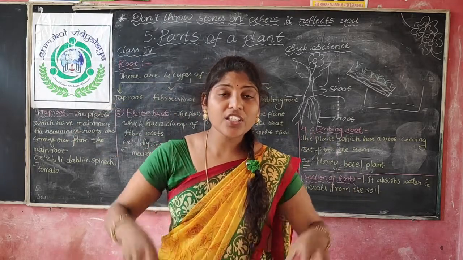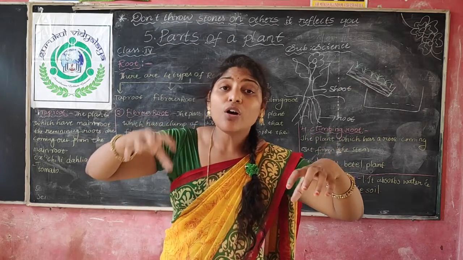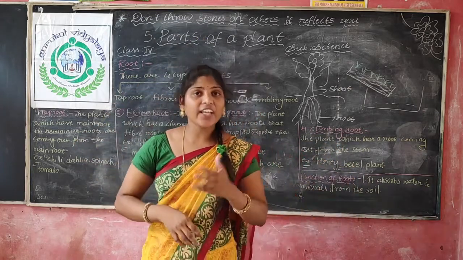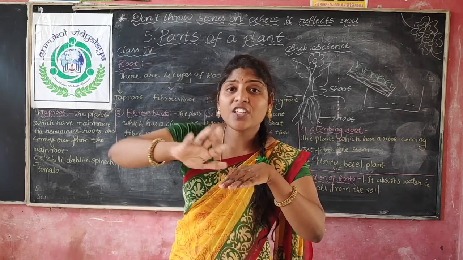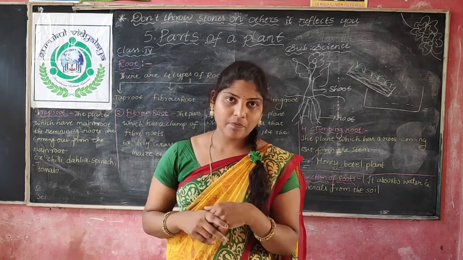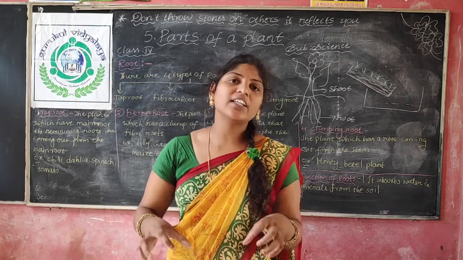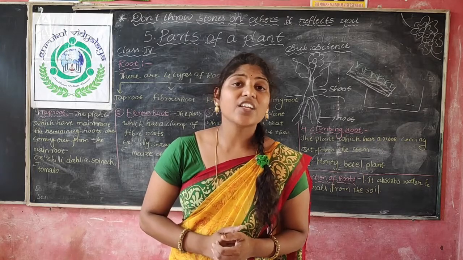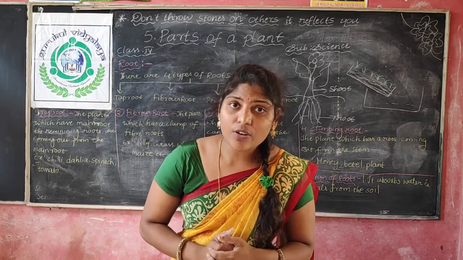What are these roots doing? These roots are holding the soil very tightly. So when we are getting any heavy rain also, what happens? Because the roots are holding it, the upper layer of the soil cannot be blown away. It can withstand, it can be held by the roots. Then no soil erosion will occur. What is soil erosion?